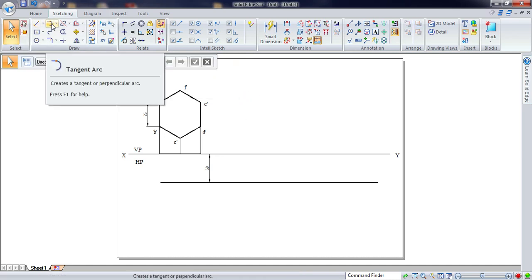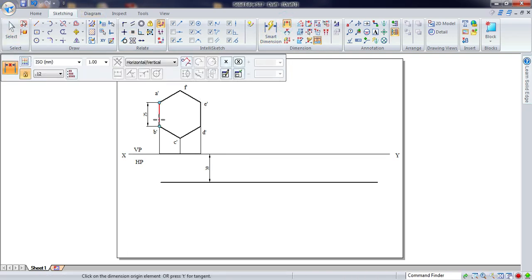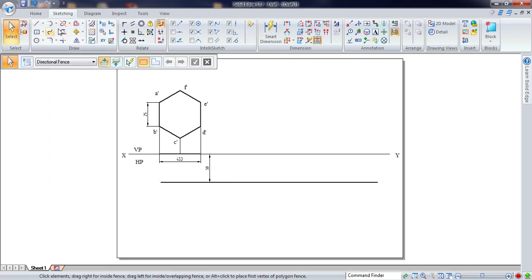So now we need to measure this trace length, which is 43.30. So again go for the arc by center point, leave a convenient space here, this will be the center and the distance will be 43.3. So you can measure here and place it here, 43.3. Go for the arc by center point, leave a convenient space and the radius will be 43.3, then enter.